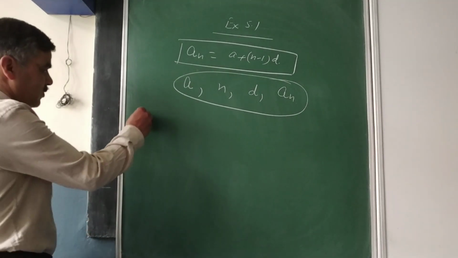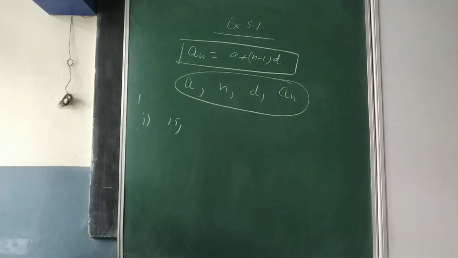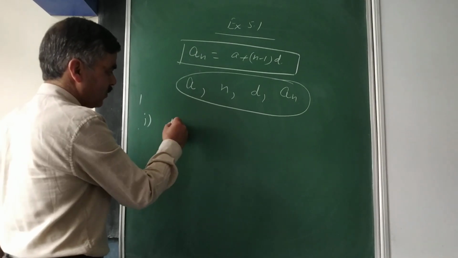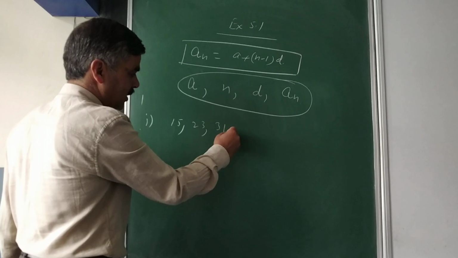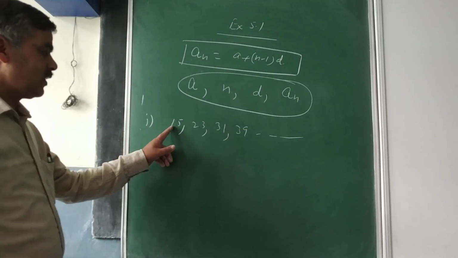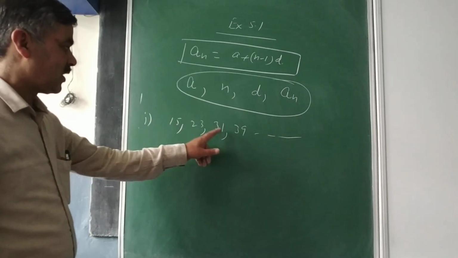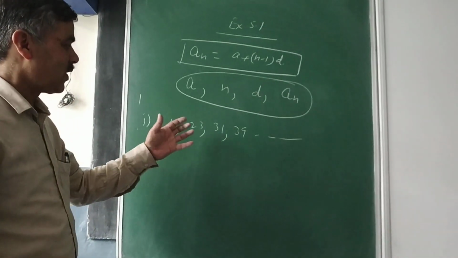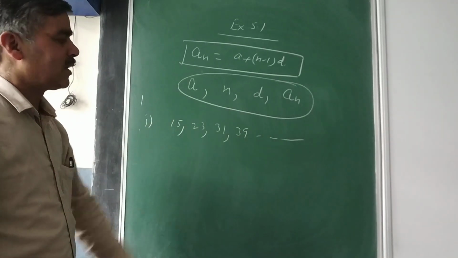In the first part, you see, 15 is the fare for your first kilometer. Then keep on adding 8 rupees for the successive kilometers. So 15 plus 8 will make it 23, plus 8 will make it 31, plus 8 will make it 39, and so on. So a is 15, your second term is 23, 23 minus 15 is 8, again 31 minus 23 is 8, 39 minus 31 again is 8. So what happened? The difference between the successive terms comes the same, hence this is an arithmetic progression.